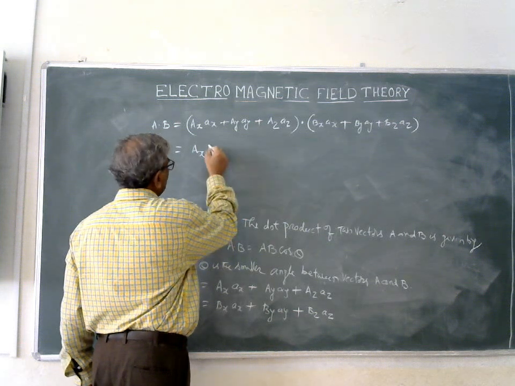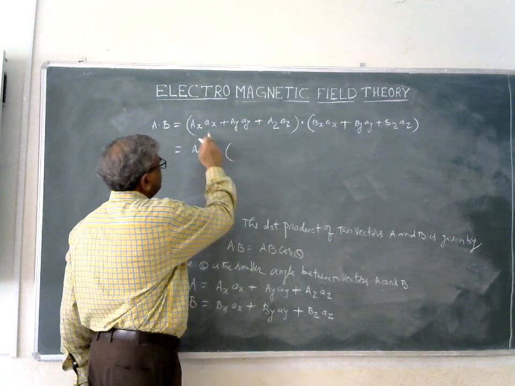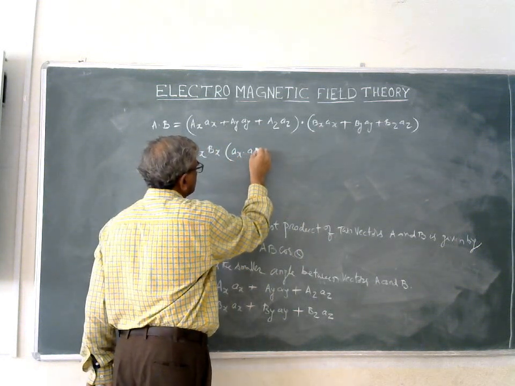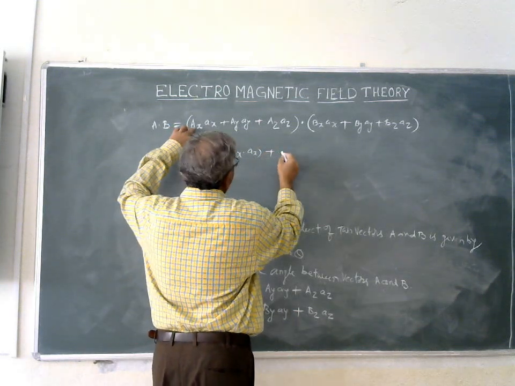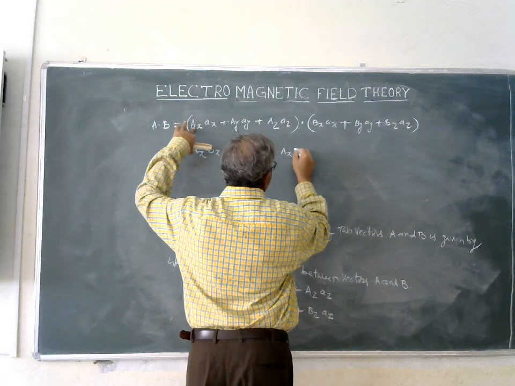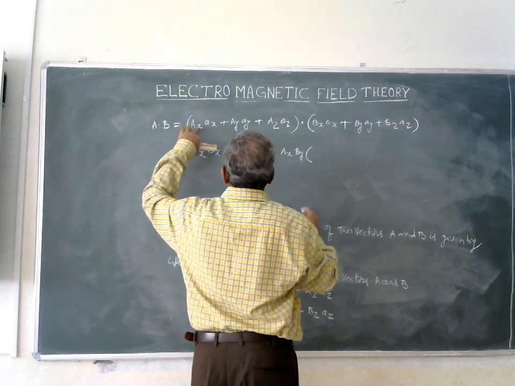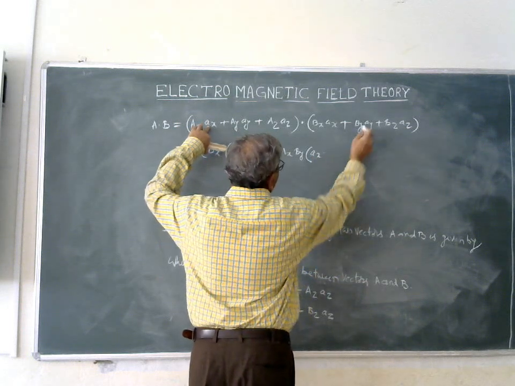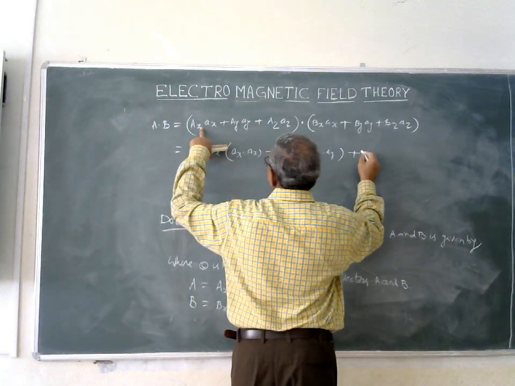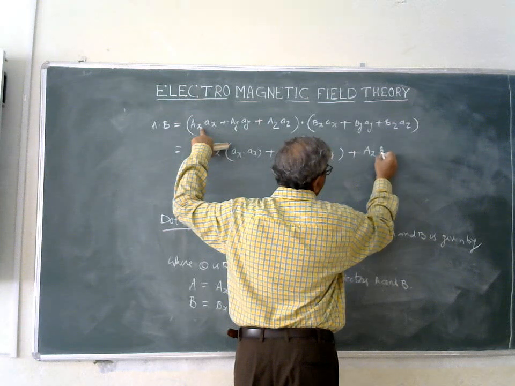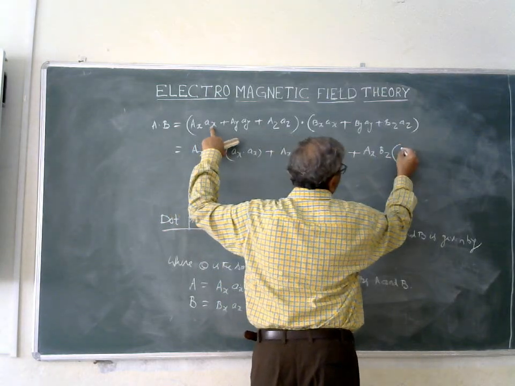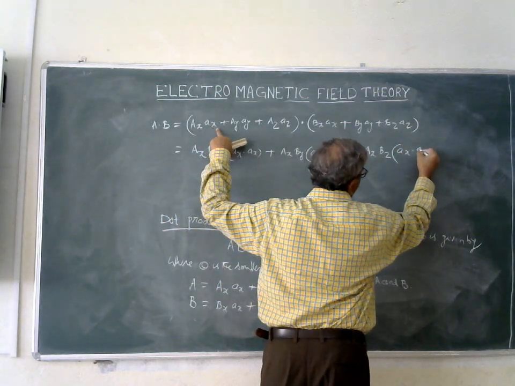So Ax Bx into ax dot ax, plus Ax By into ax dot ay, plus Ax Bz into ax dot az,